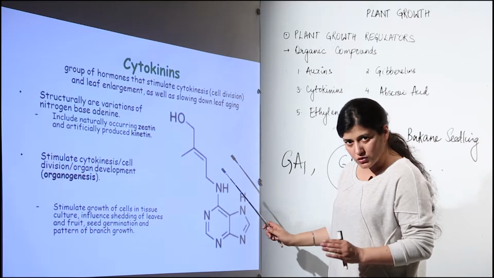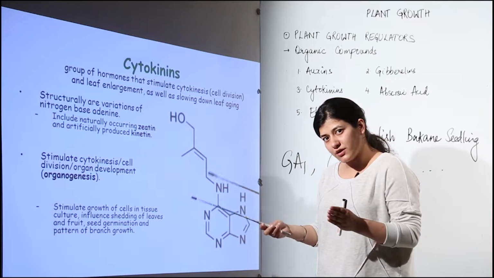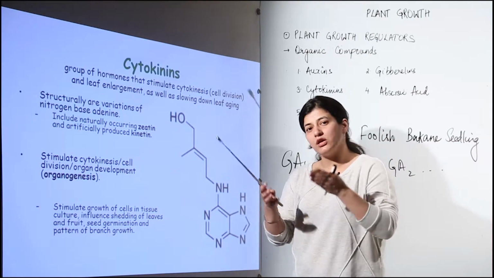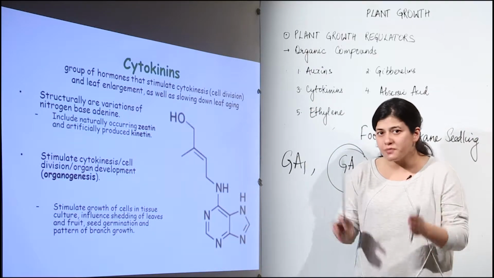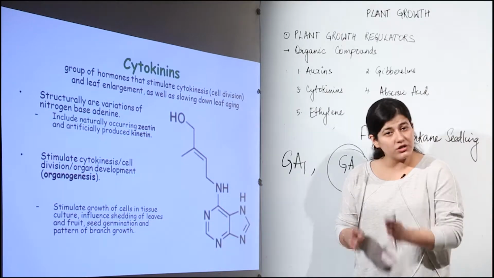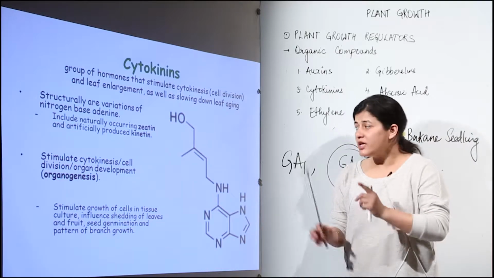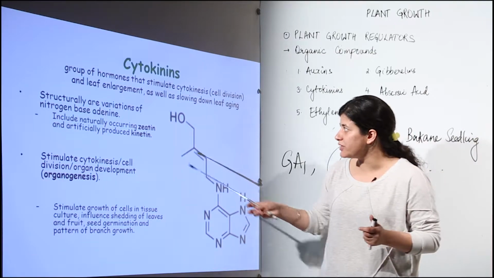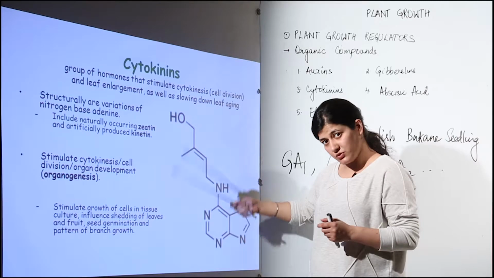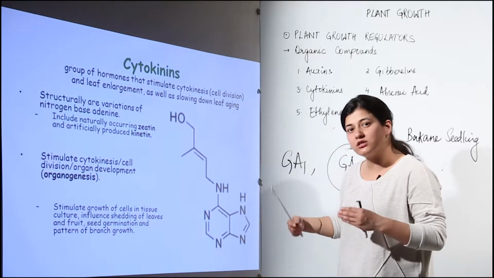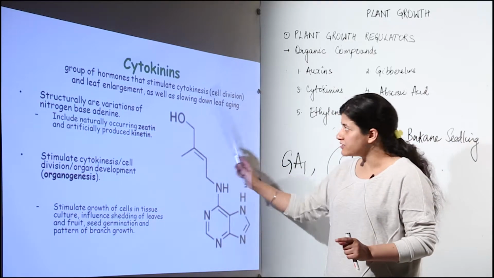Whenever cytokinesis takes place, you get two new cells from an original cell. So this group of hormones, all these organic compounds, stimulate cytokinesis, and whenever there is a lot of cytokinesis, there would be some sort of enlargement. If I have to measure that growth, it would be in terms of area. So these hormones are responsible for growth, not just apical growth. The earlier hormones we studied were responsible for apical, vertical growth. This hormone is responsible for lateral growth as well, because it brings new cells into the scene every time, and promotes cytokinesis. The process of aging would also be declined in the presence of this hormone.